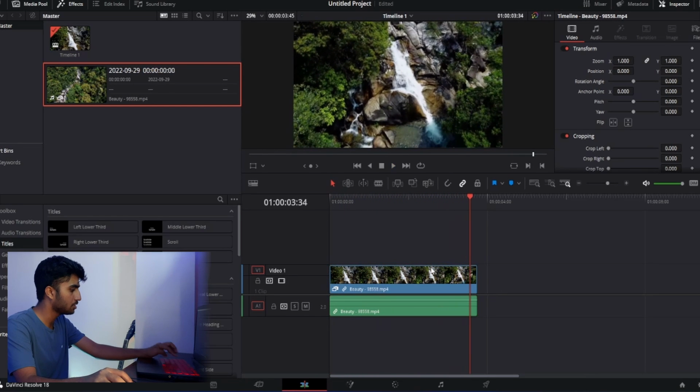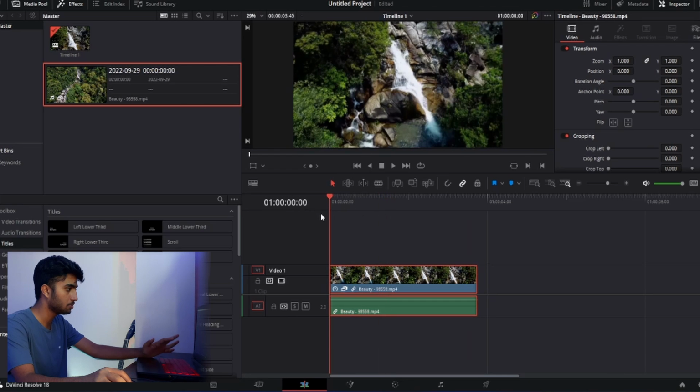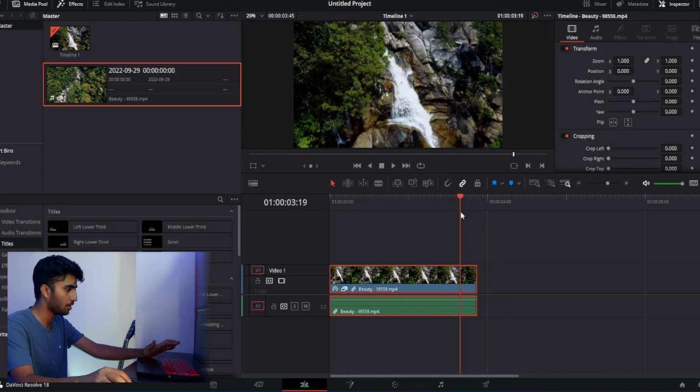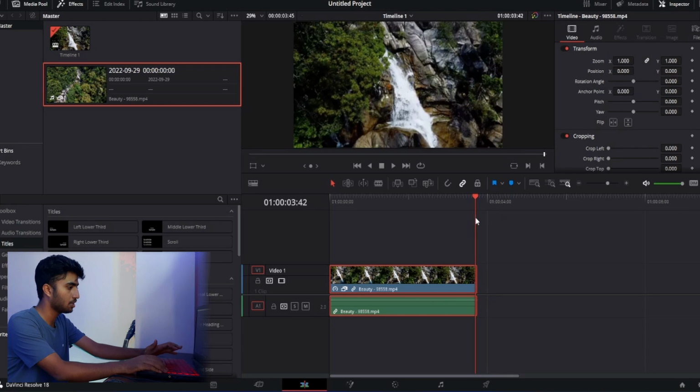I just want to reverse it, alright? So just reverse it, reverse the speed. Now what happens is it zooms in, and this is the last frame that we want to keep, right? Let me select the last clip here,